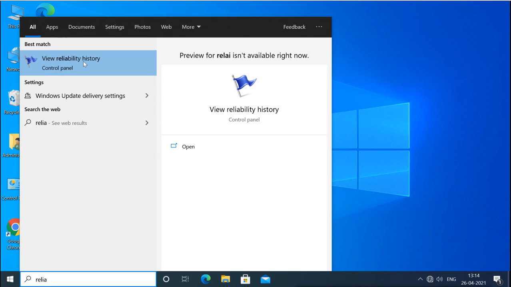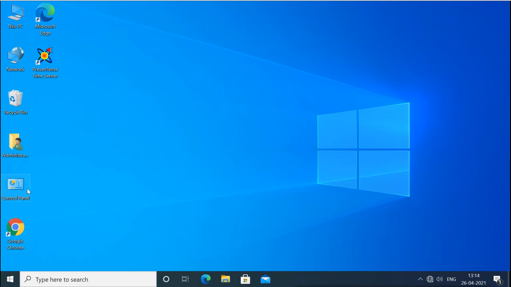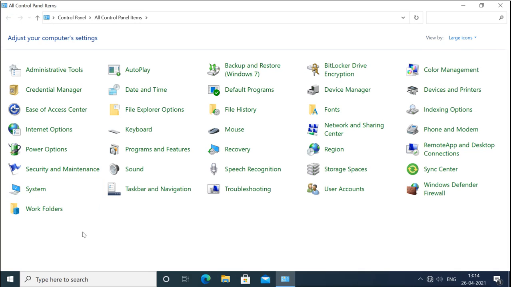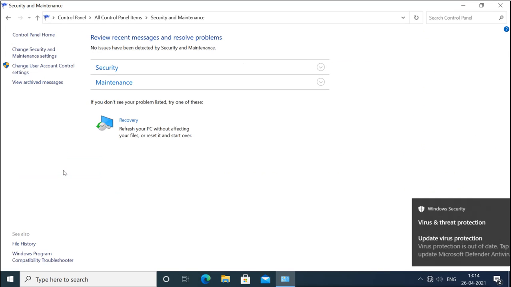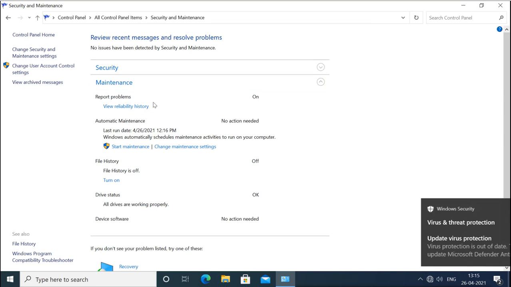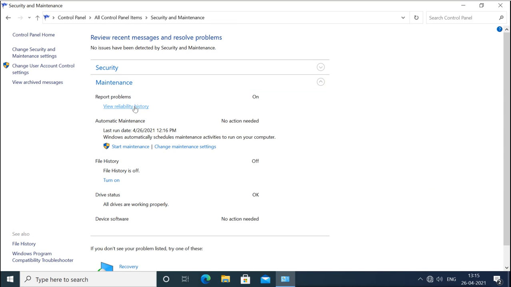View reliability history will show up here, and you can click it to open from here, or you can go to Control Panel, and under System and Security, Security and Maintenance, now here you will click on Maintenance, and under Maintenance you will see the View reliability history option here.